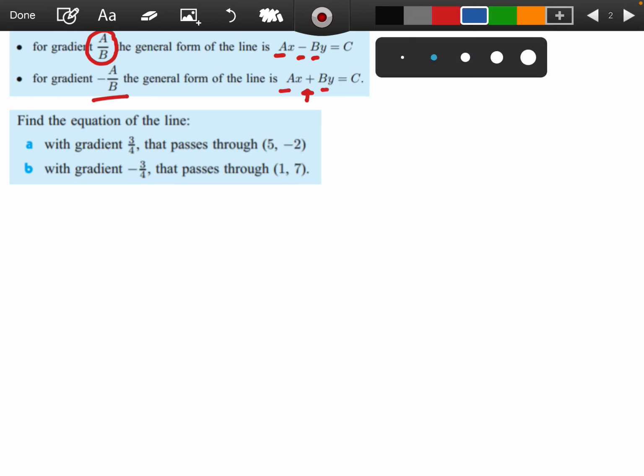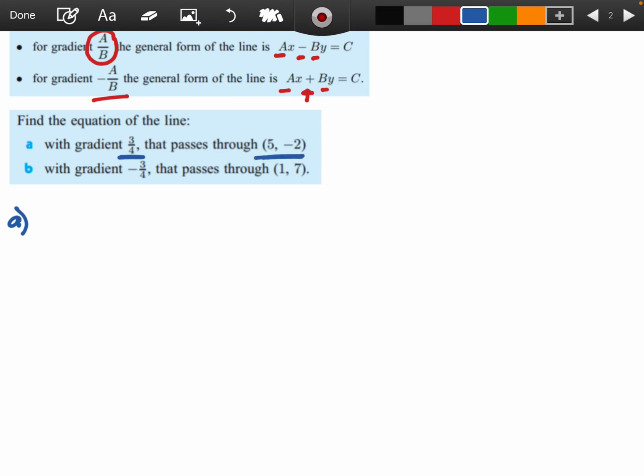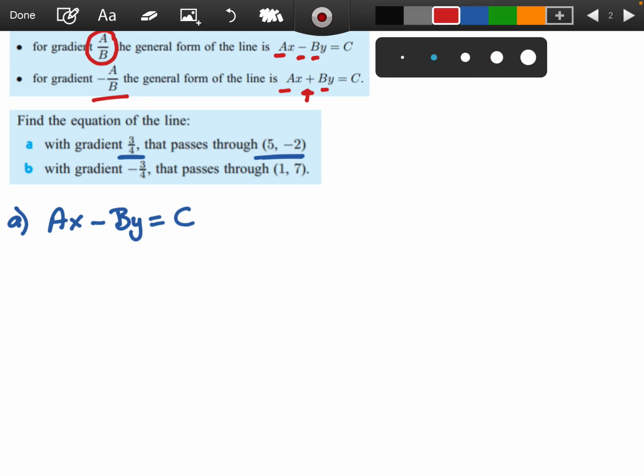We're going to take those two bits and use them to figure out the equation of this line. So if we look at part A, we're given a gradient of 3 over 4 and a point of (5, -2). If my gradient is positive, I know that I am using the negative in the middle of my general form. So how I'm going to do this,